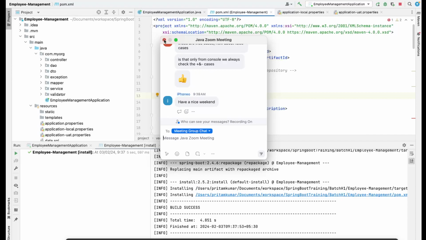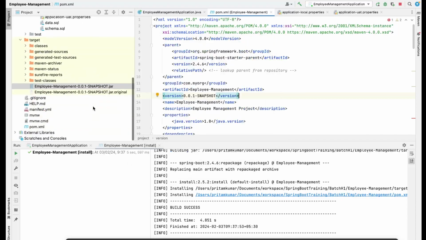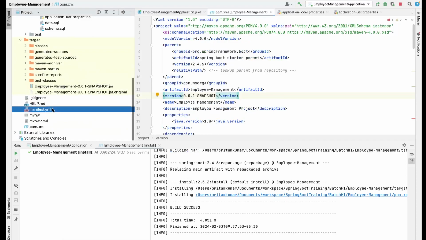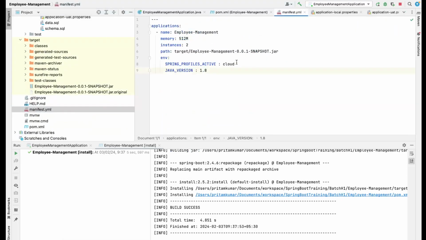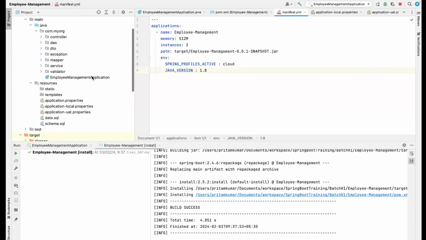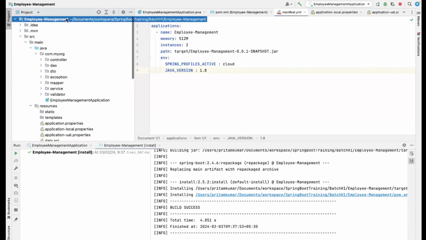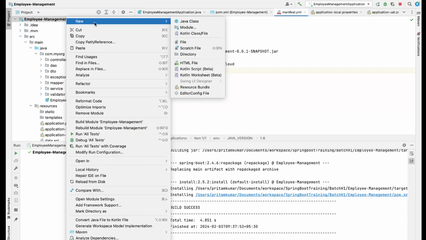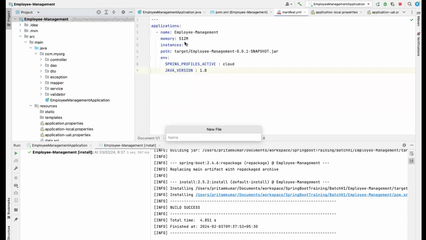Okay. You need to create one manifest.yaml. You can click here and create a file at the root of your project, manifest.yaml. And you need to provide a few details over here. This is a YAML file,